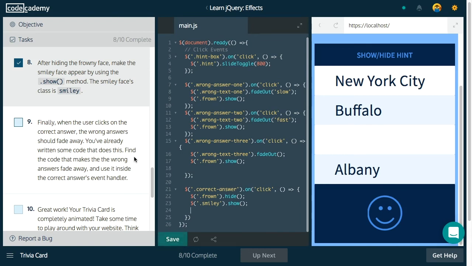Okay, step 9. Finally, when the user clicks on the correct answer, the wrong answer should fade away. You've already written some code that does this. Find the code that makes the wrong answers fade away and use it inside the correct answer's event handler. Makes the wrong answers fade away. So it doesn't want the text to fade away. It wants the whole answer, aka this box, to fade away. So I'm going to recycle this code